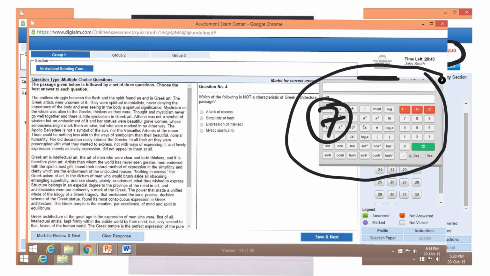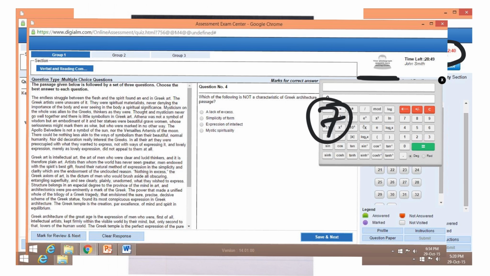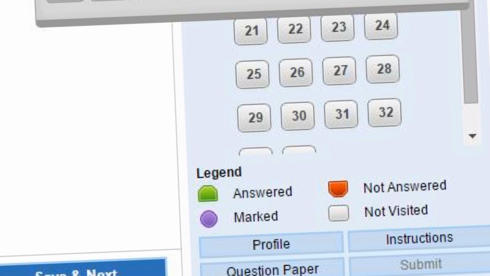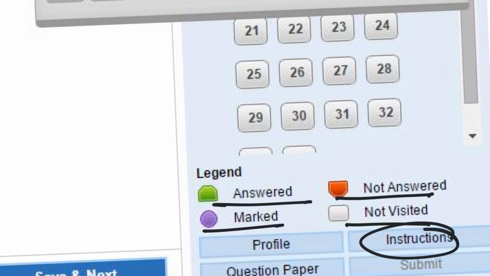Pointer number 7. Pointer number 8. The question palette is displayed. Okay, this is a mark for review. All the instructions are given. On the side you can see the panel where all the details will be given to you, the legend kind of thing. So, question which is answered, marked, not answered, not visited. Those are given the marks. You'll be able to understand all these things. I'm talking about all the instructions which are given here, and all the instructions you should know before you go for the exam.